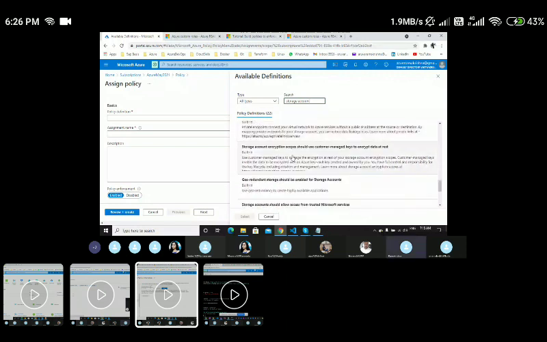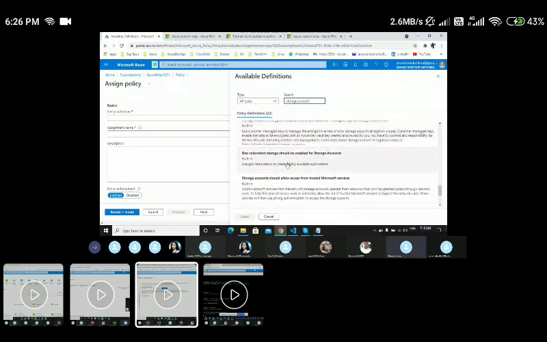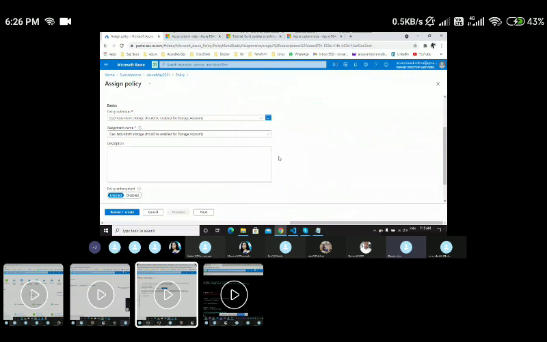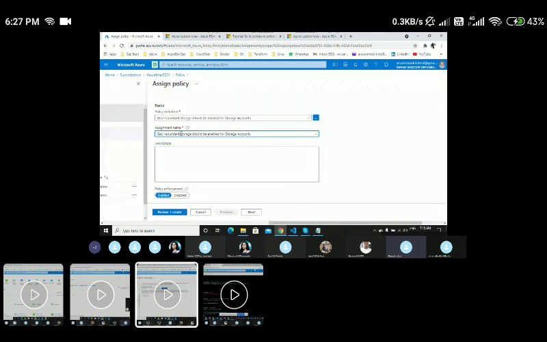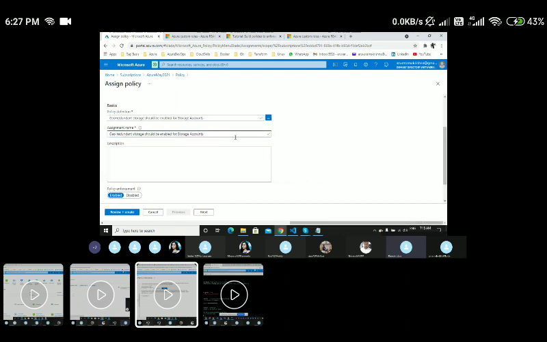So for now, let me see. I'll keep this one. Geo redundant storage should be enabled for the storage accounts. That means this is one of the redundancy features. For now I'll just select it, but don't bother about what exactly it is. While creating a storage account, I should be enabling this particular additional feature. Geo redundant means whatever data I store in my storage account will be stored in two regions. Maybe let us imagine East US and West US. By default, that is a policy that I'm creating.